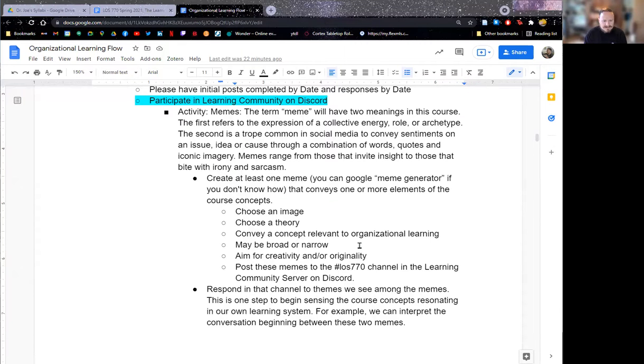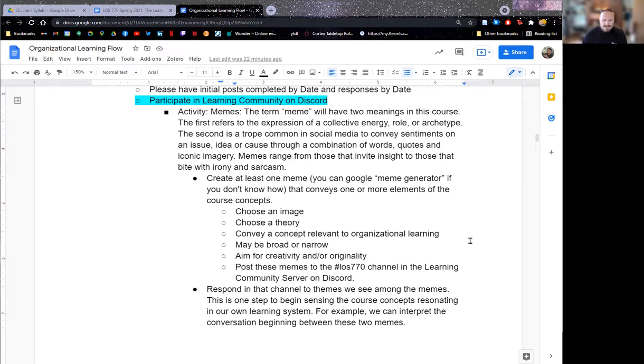This is one example of a couple different types of assignments that I do that get at what is emerging in our system, in our community of systems thinking practitioner scholars. So I'm going to share with you the assignment description so you can see what I'm talking about here. Here's a description of it, where they have to find some sort of image or theory or concept that we're dealing with or that's coming up for them in our class.